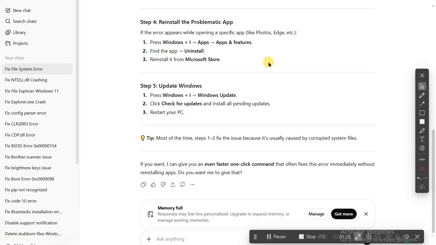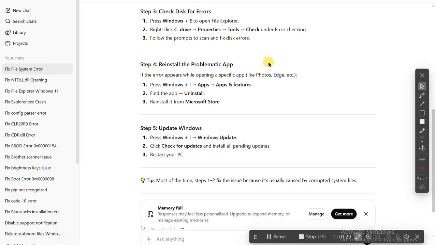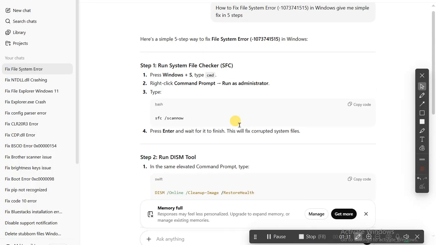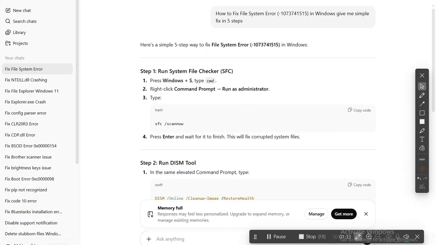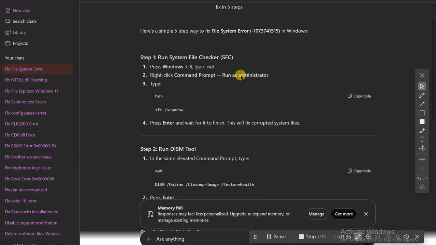If the error appears when opening the Microsoft Store or other apps, try resetting them from the Apps section in Settings. I solved this error with a simple repair method,